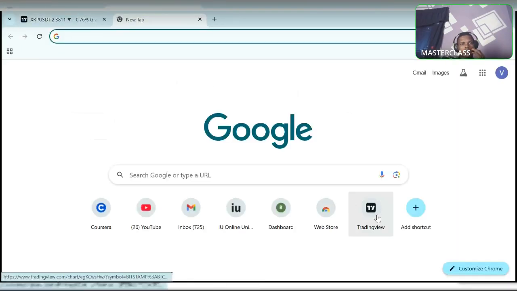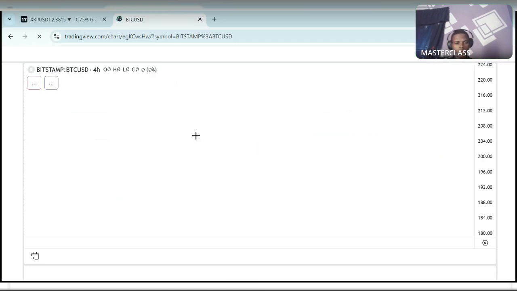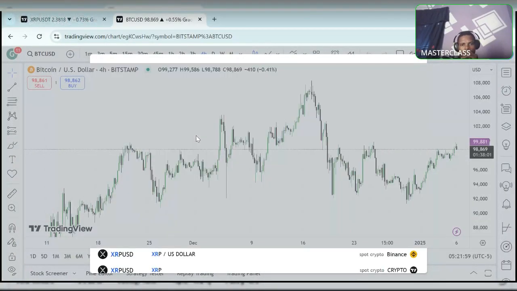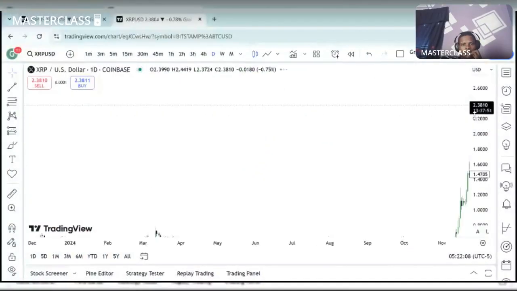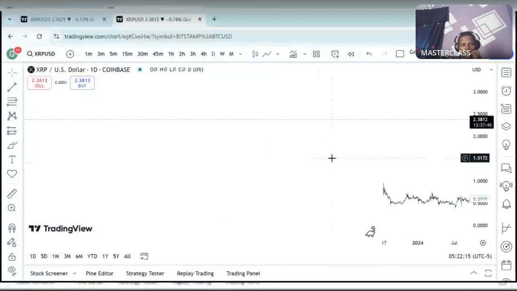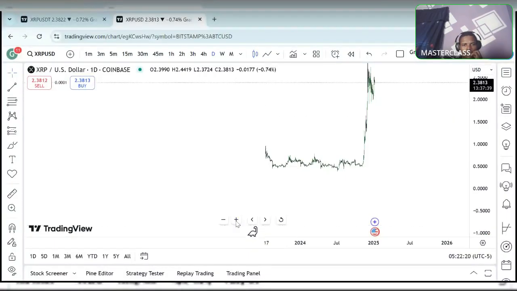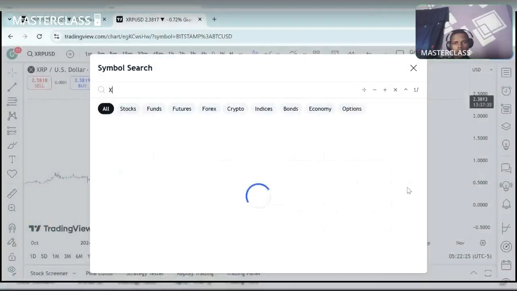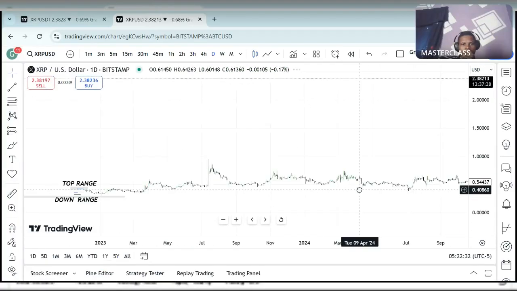Let me open up another chart on XRP, Bitstamp, or Coinbase, USD, Coinbase. Okay. This one doesn't have so much data, unfortunately. Okay, so let's change to Bitstamp. Let's take Bitstamp. Okay,